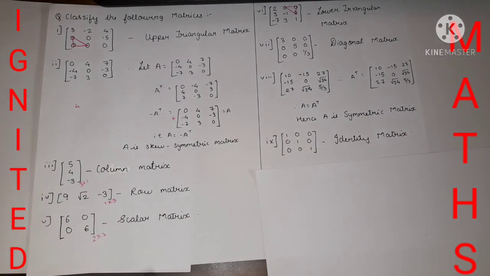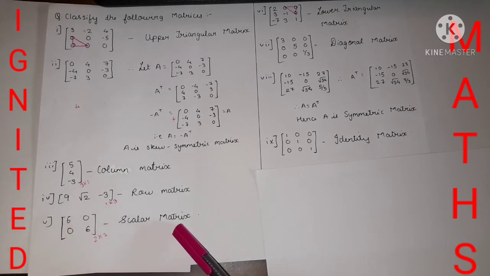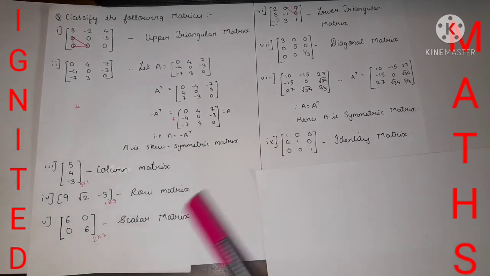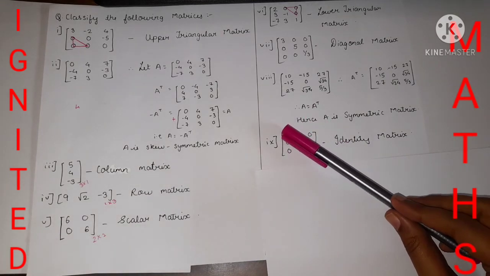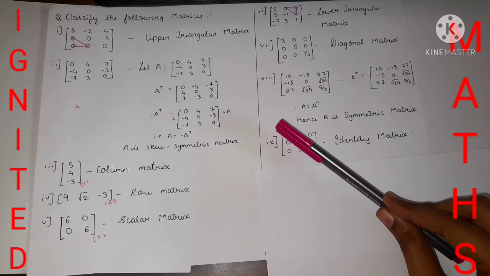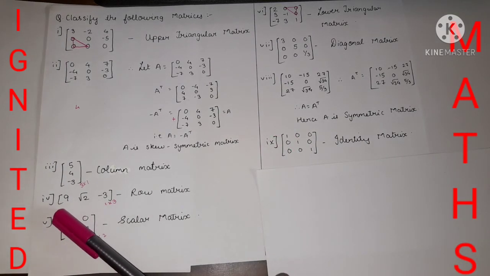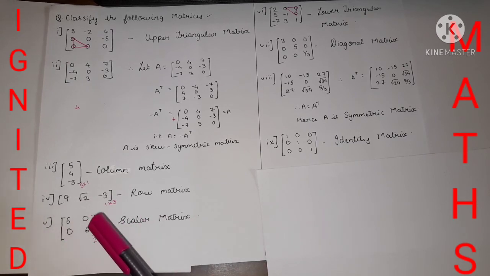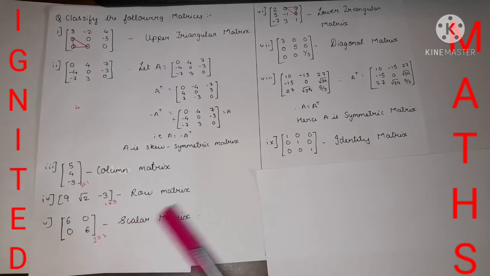Now one small recap. For the fifth example, you may see the diagonal element is there. Even over here the same term is contained, but we have written it as a scalar matrix. So what is the difference between identity and scalar? In identity, you need to contain only one term at the diagonal element, but in the scalar matrix there is no such rule. You may contain any element of the same term, 6 6, 2 2, minus 1 minus 4, minus 1 minus 1, or 5 5, any same element in the scalar matrix. This is the difference between the identity and the scalar matrix.